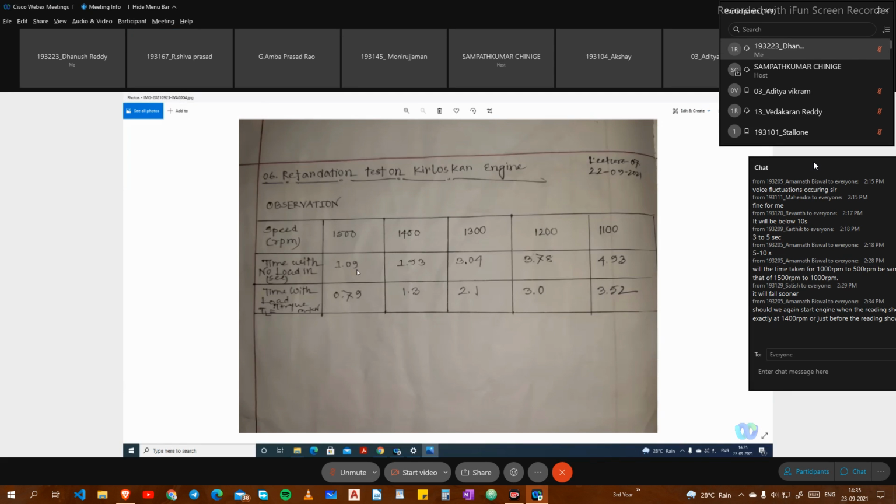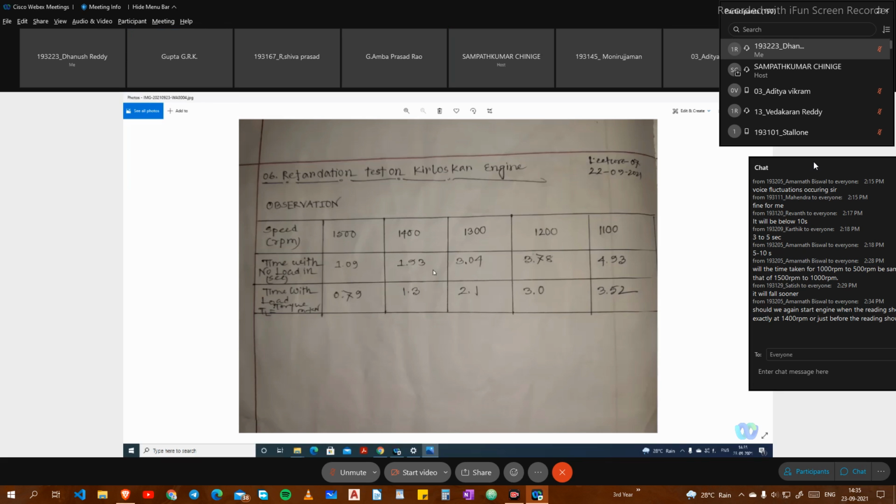So 1500 to 1400, what they are saying is from here to here, this is what you are saying? Yes, sir. In the stopwatch we calculate the laps, sir. In laps, it is showing the difference. He has noted at every RPM. So from here to here, you have to take the difference in time. Okay, so it is 0.85. 0.84, no? Yeah, so 0.84 seconds. So again from here to here, sir. So the spacing between two successive readings is important.